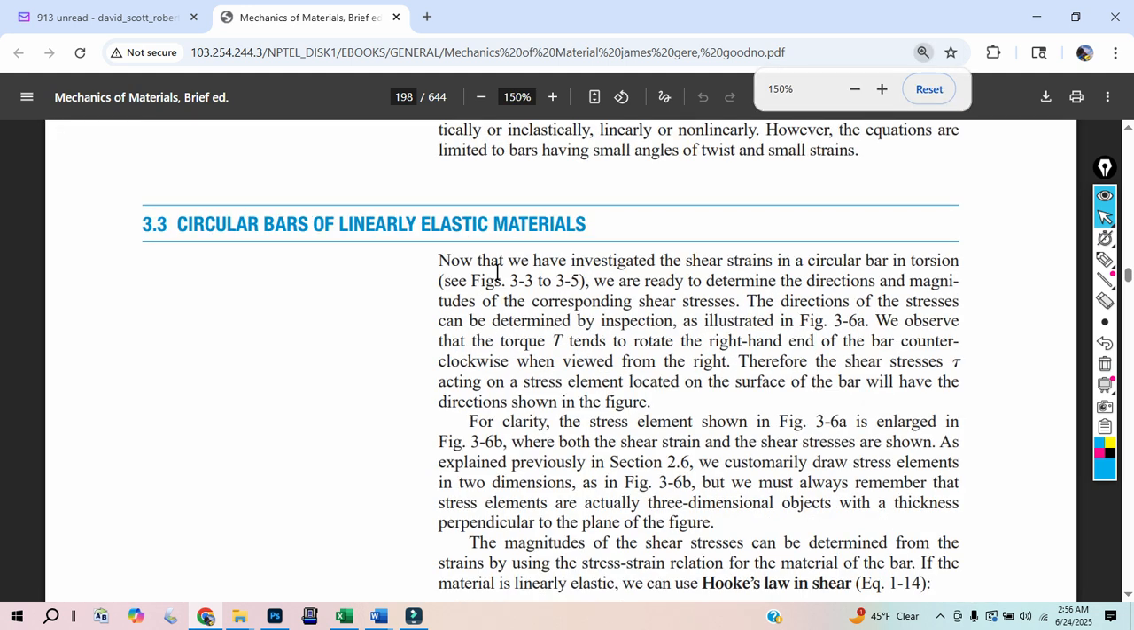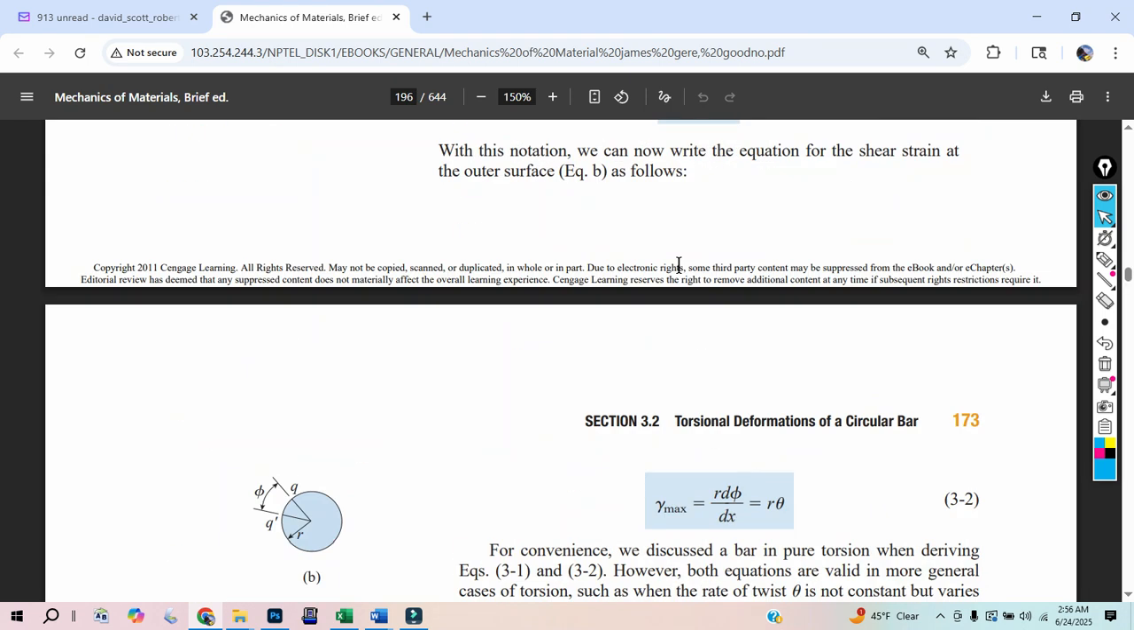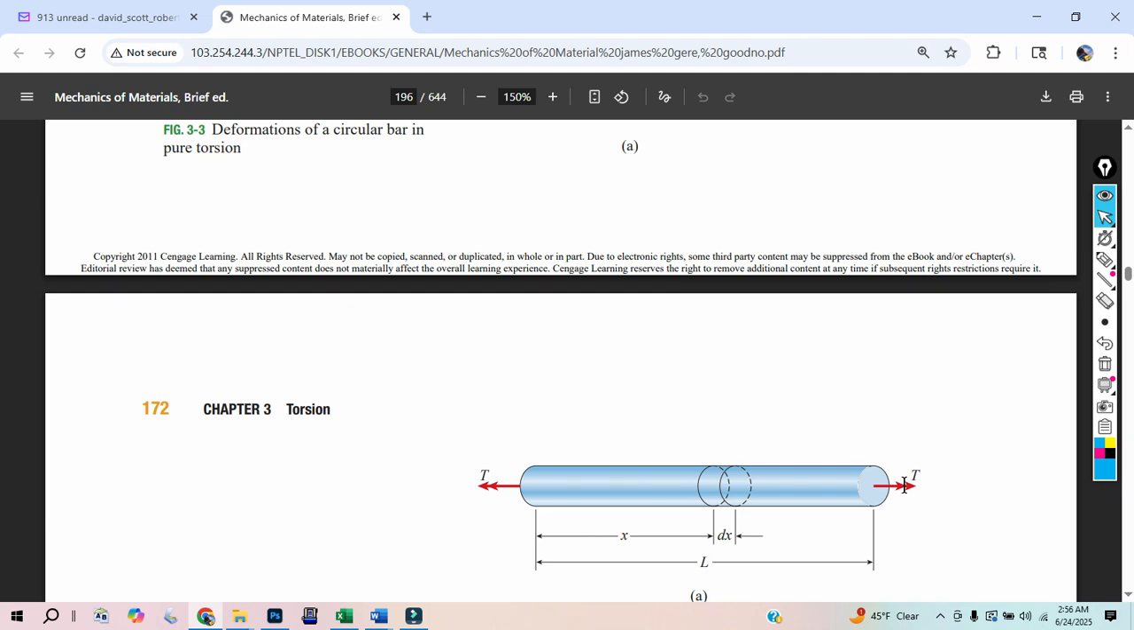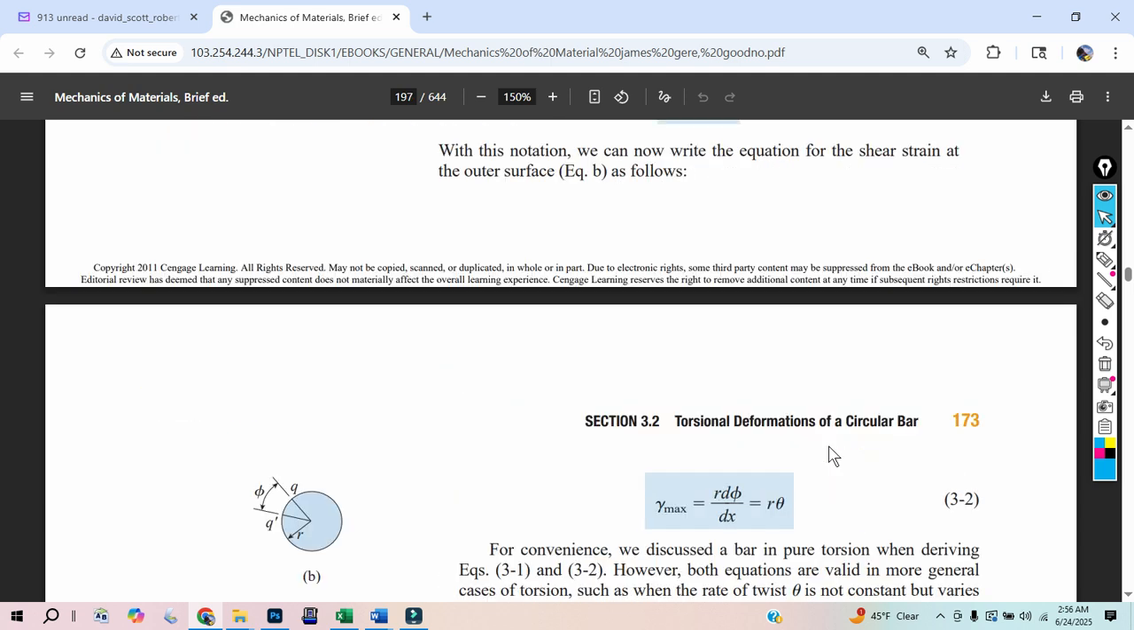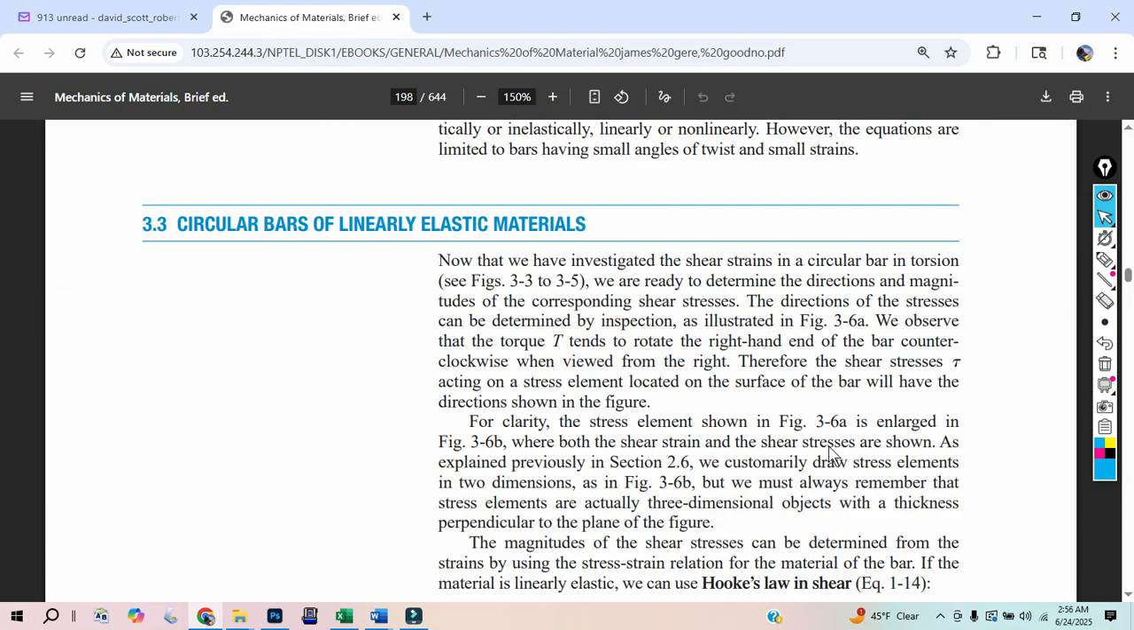This says, now that we have investigated the shear strains, and that was when we torque on a cylinder, right-hand rule, thumb in that direction, fingers are going this way, the other one is going the other way. We're twisting this bar. Angles are going to form more on the surface, less in the middle. So that's kind of where we're at. Now that we have investigated the shear strains,